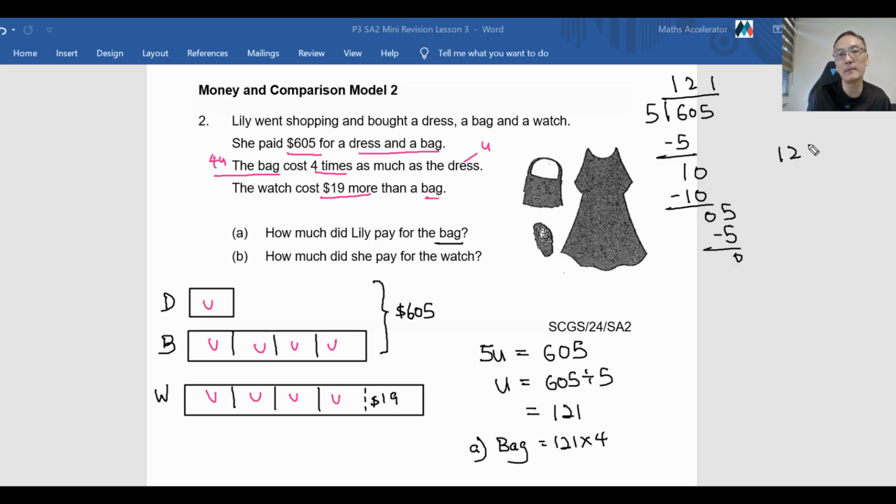So 121 times 4. 1 times 4 is 4. 2 times 4 is 8. 1 times 4 is 4. So the cost of the bag will be 484. And part B, how much did she pay for the watch? The watch is $19 more than the bag. And we know that the bag costs 484. So therefore, to find the watch,